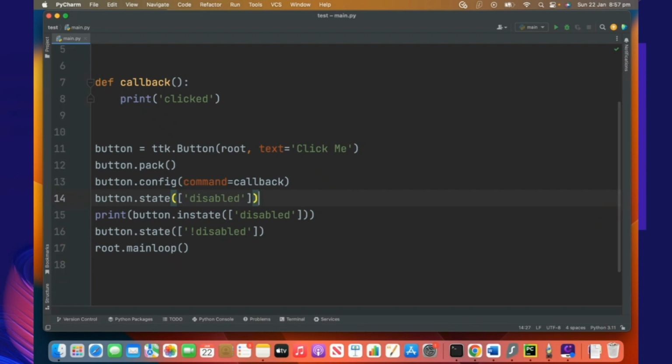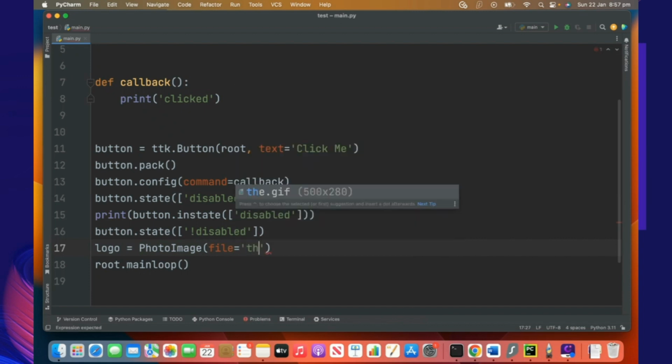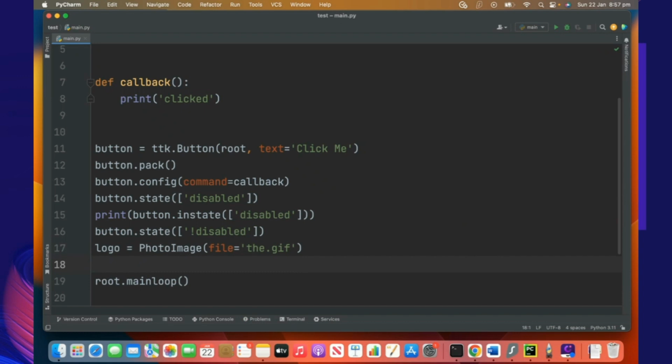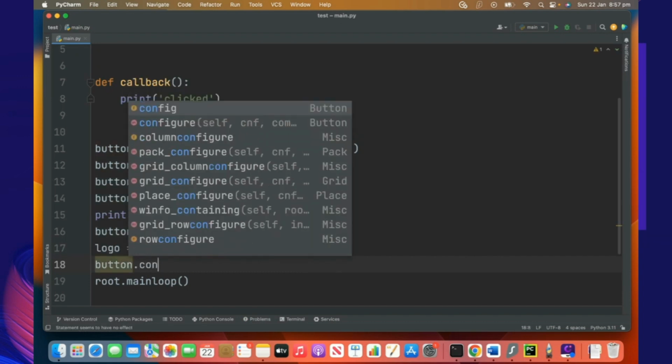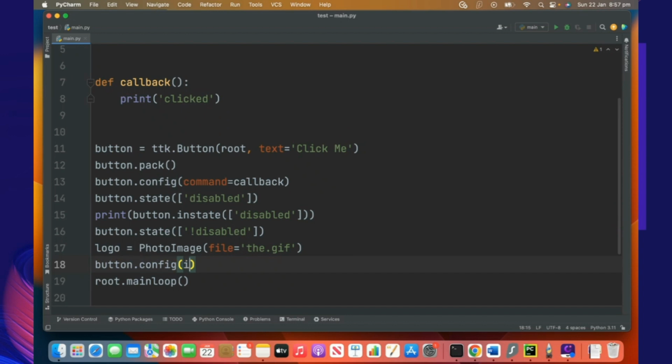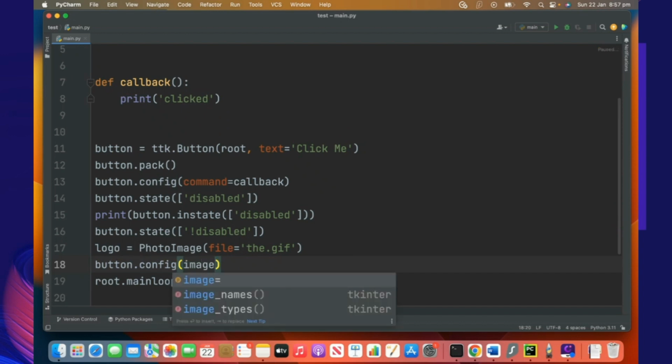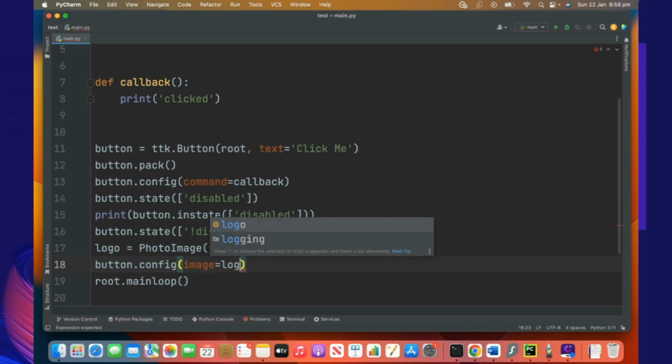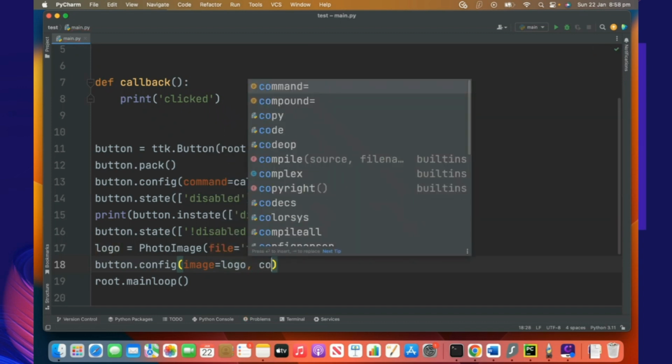And finally, let's add an image to the button and to the left of the button. So again, we need to have the logo, PhotoImage. The file is the GIF. And this is a large photo. So if I say button.config image is logo and put it on the left,